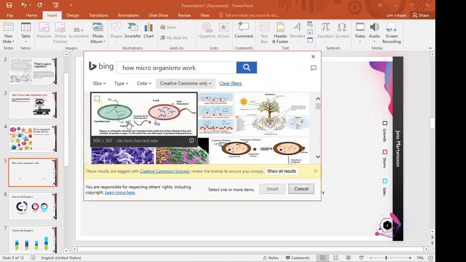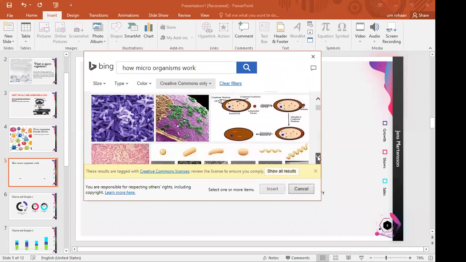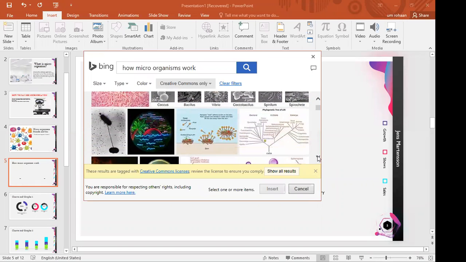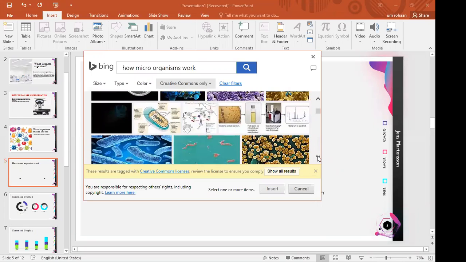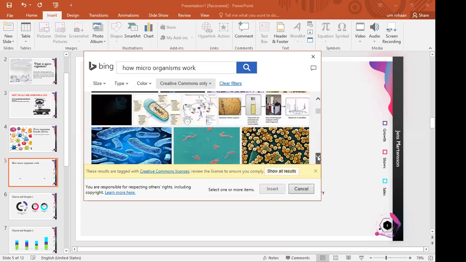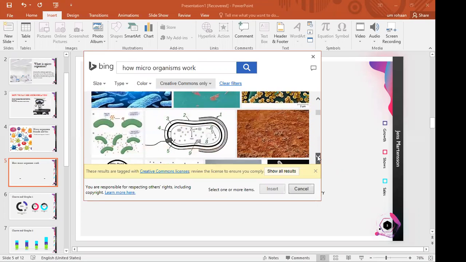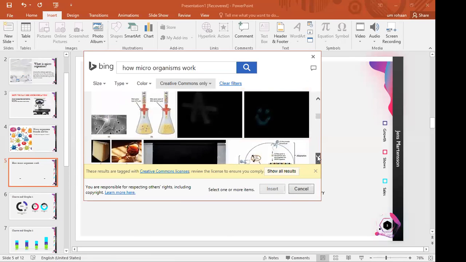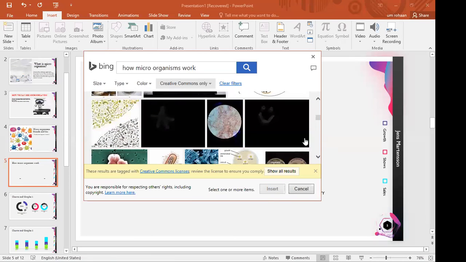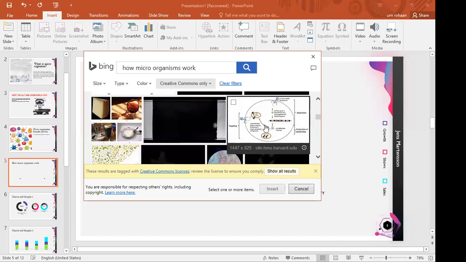See, these are kinds of pictures. Any good picture which you think suits your presentation, you can add them. So let me see which one works for me. I will choose one of them. So far I didn't like any of them, but we have to choose any one. Okay, I will choose this one.